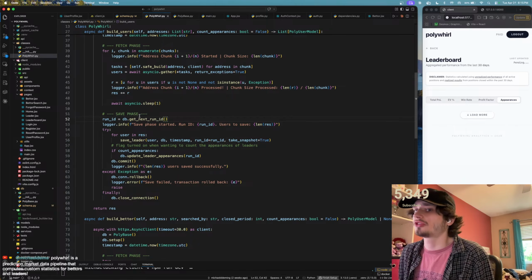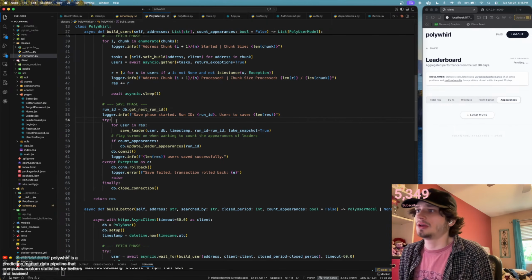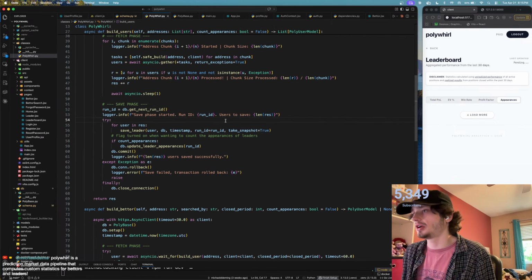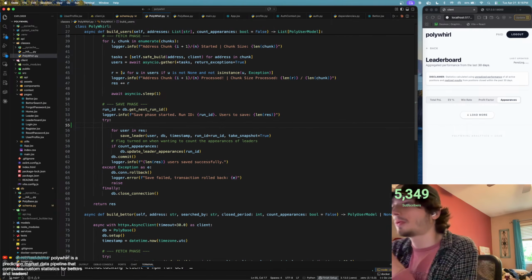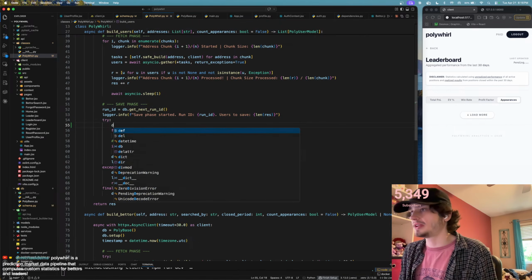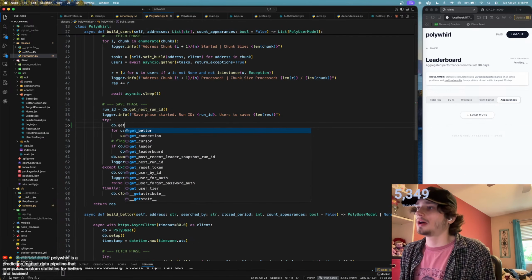So all we need to do actually to implement this is instead of saving for each leader, let's implement a function in our database to pull the previous snapshot in some sort of hash table, and then we can use it that way. So then we can do O of 1 lookups for every user rather than database lookups for every user. I think that that's the better strategy. So what we're going to do is we have a run ID, and we're going to need to call our database.get snapshot